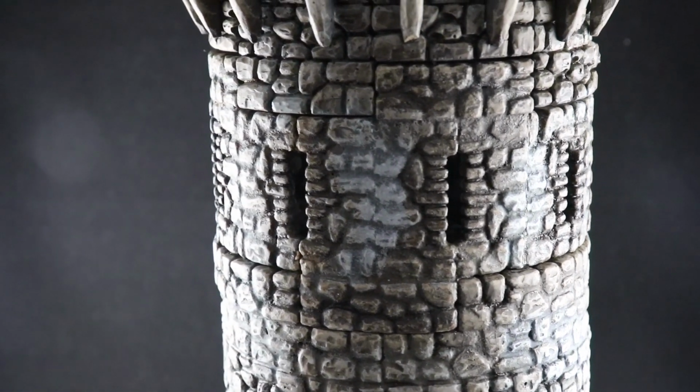Now what I did was I took those pieces and I just made a layout. I laid them out on the table, I put them on a piece of MDF, and I see what I could make out of it. And since Frostgrave was a ruin, I didn't feel compelled to make a large full building, but what I did was make a nice floor plan and put the pieces together in a way that was pleasing. And what I came up with